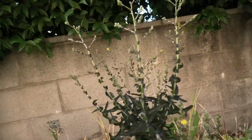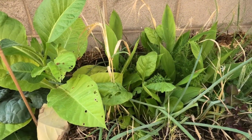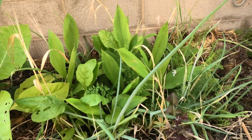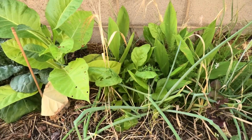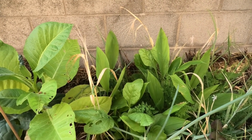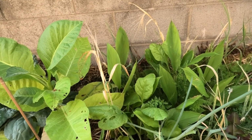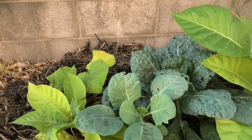So for sure it's an excellent way to, even if you don't want to produce anything, it's an excellent way to have a relationship with nature and to do your own research. Because how else did people manage to grow food at a time when there were no chemical fertilizers and all this? And there could be a time where it's not there in the future. So by you learning, you can teach your children and your grandchildren or your neighbours, or you can all work together. The tobacco and 2 Savoy cabbages,